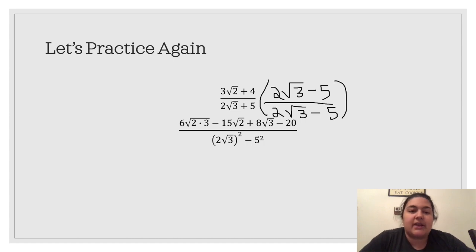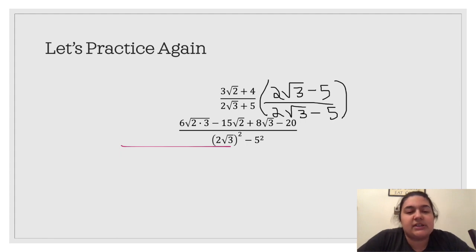So let's take a look at how that is when we multiply together. And then we are going to simplify. Okay, on that numerator, I see that 2 times 3, that's the square root of 6. And in the denominator, well, let's take a look at that first term. I know what 5 squared is, right? That's just going to be minus 25 at the end. But this one right here, that squared is going to,